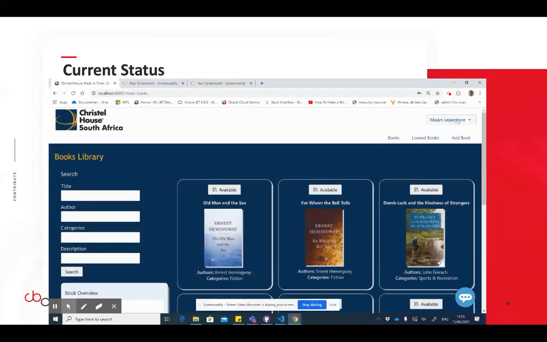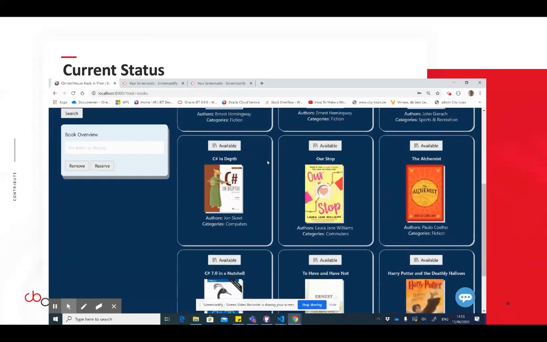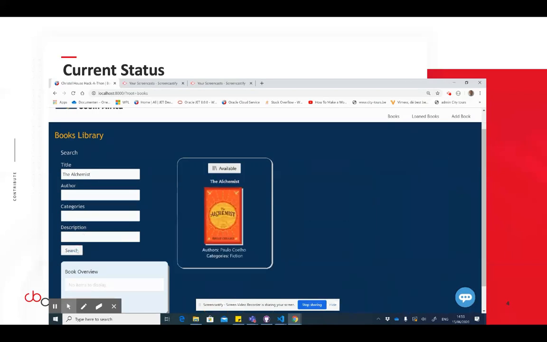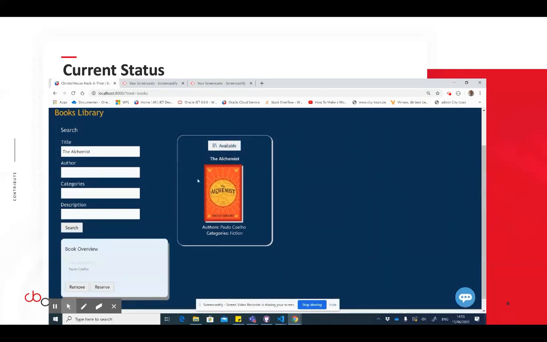So here we have a fine list of all the books that are present. Now, I don't know the order in which you have proposed, but the idea is that you would look up the books you want based on the title, the author, a category, a small description or whatever. Then we launch the different APIs provided by the Steltix and Codex people, giving us the information on the books available based on those parameters. You can select a book and it gives you a small list of all the books you have selected. So you see what books you want to loan.